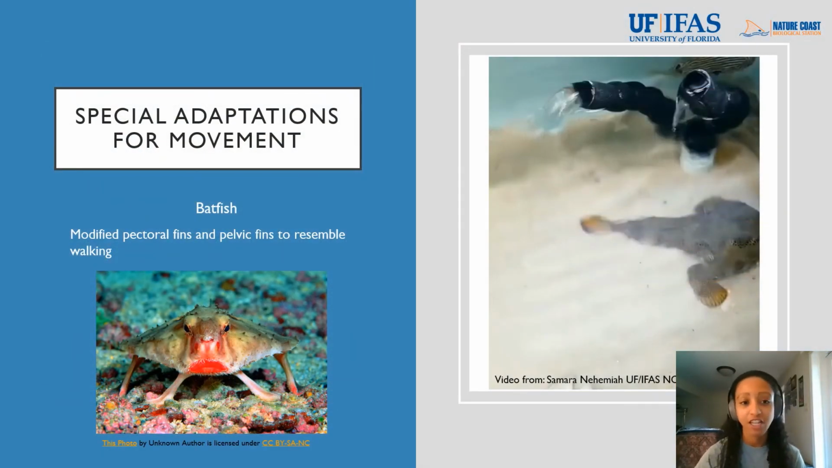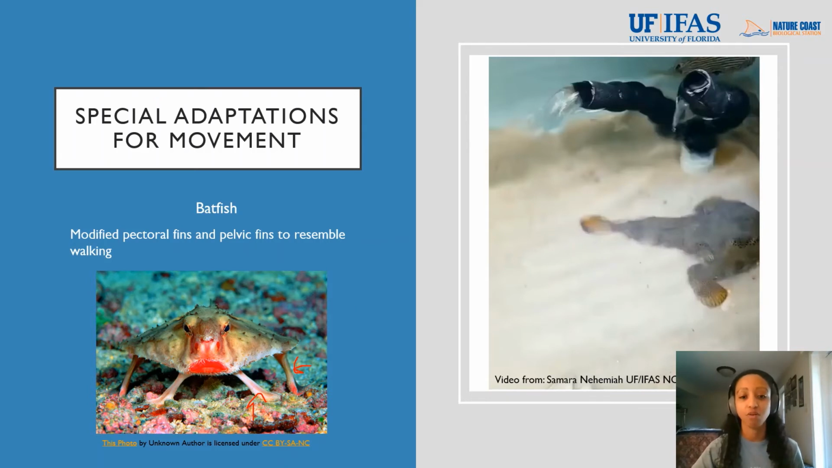There's also a lot of fish that have special adaptations for movement. So this is a batfish. We get the polka dot batfish off of Cedar Key. And they actually have modified pectoral and pelvic fins that resemble walking. So its pectoral fins are right here, and its pelvic fins, and they're really rigid and help them sit and